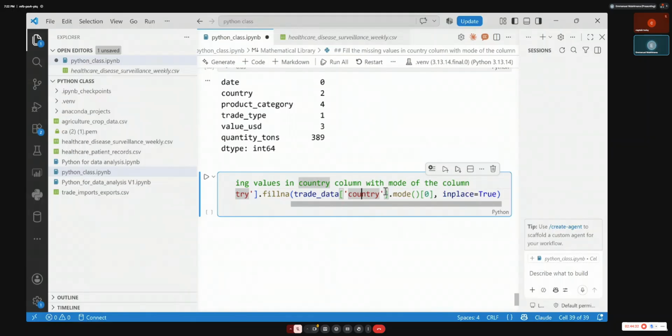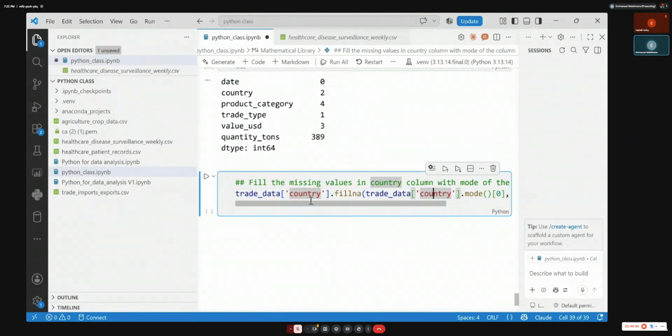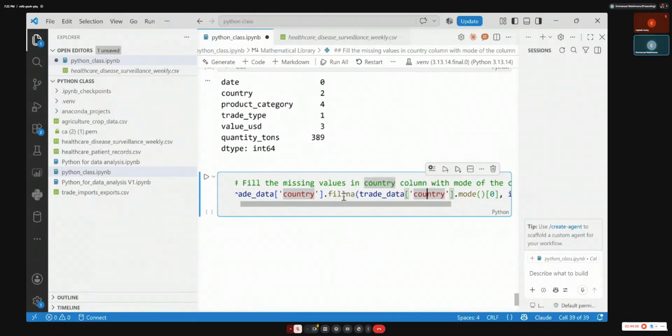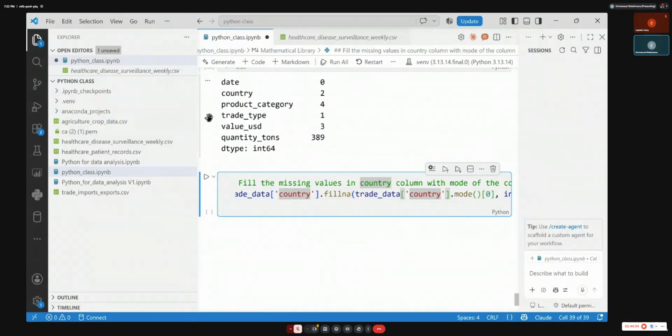If you run that code, the data frame will no longer show the missing values. You have to type, you are struggling. So I just say country, fillna, take your table, put parentheses, take the country mode. Let me see if I can minimize this.